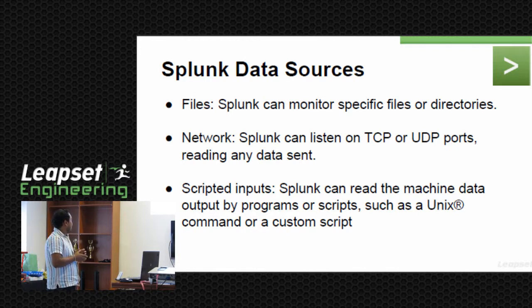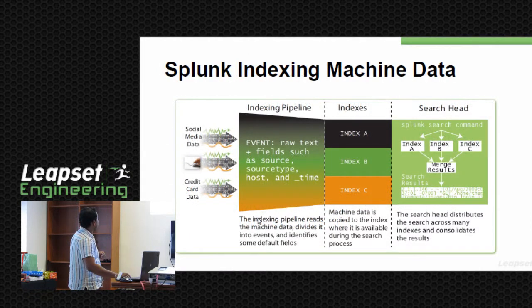In that indexing pipeline, it will divide the data into events, and then identify some common default fields such as source type, host name, and time. Likewise, those will be identified in the first pipeline, and then those will be indexed into the particular